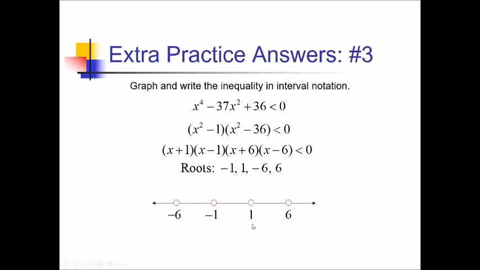Now I'm going to plug in a number from each of these intervals and see if this whole thing comes out positive or negative as a result. So I'll choose negative 7, that's to the left of negative 6. So plugging in negative 7 plus 1 is negative, minus 1 is also negative, negative 7 plus 6 is negative, and minus 6 also negative. 4 negatives, an even number of negatives gives me a positive overall result,